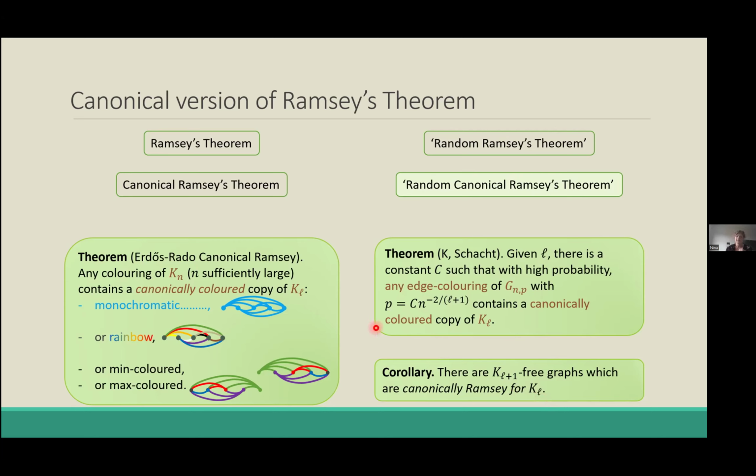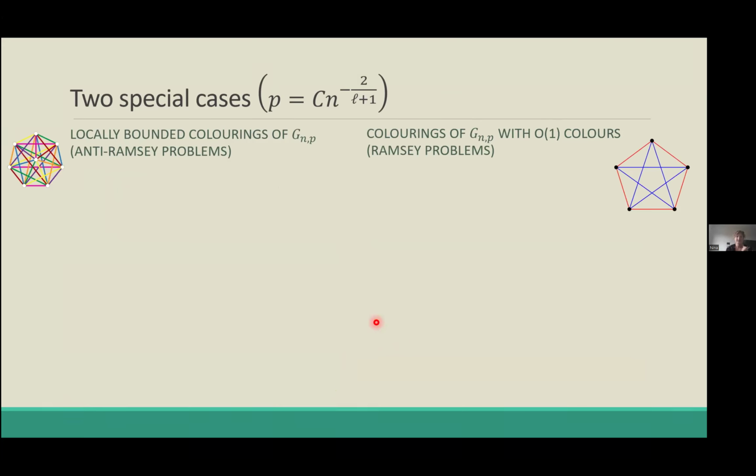Okay, so I'll go into the proof of this theorem a bit, but beforehand, let me convince you why it's difficult and interesting, and why you cannot just apply these powerful techniques that are already known. So one reason that it's difficult is that it covers 2 extreme cases, and both of these cases are not trivial, and people have worked on them before. So in other words, the adversary can use at least 2 completely different strategies.